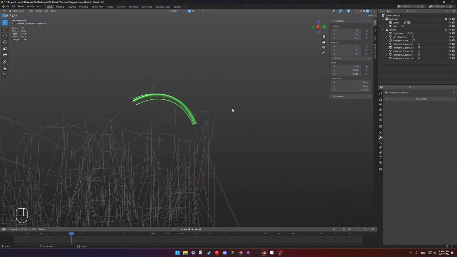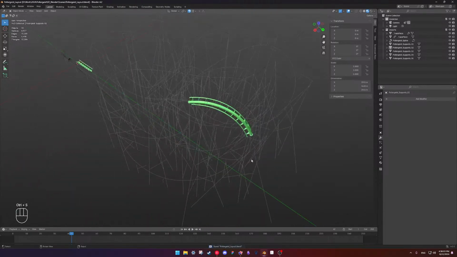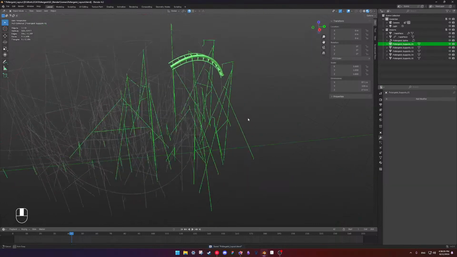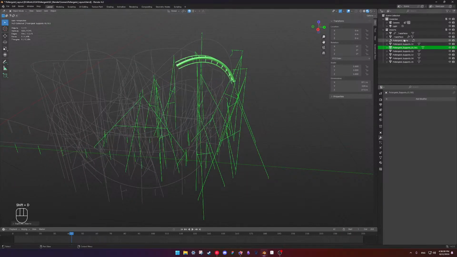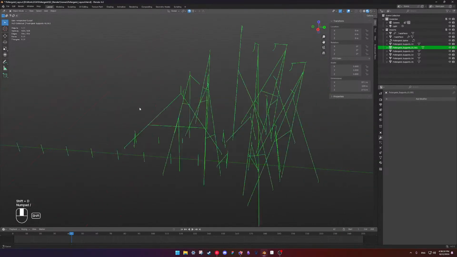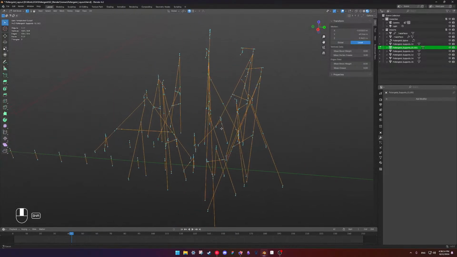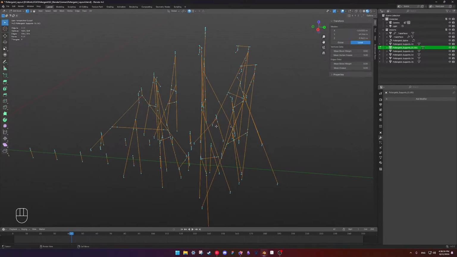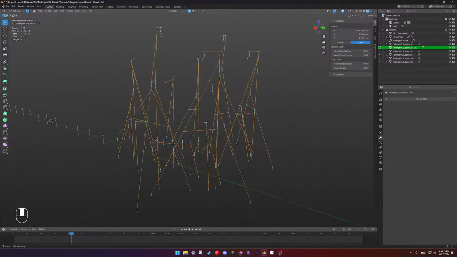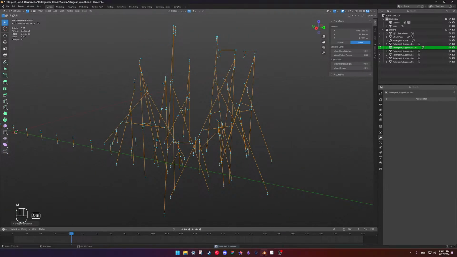Actually, let me work on, while I'm here, we could duplicate. I'm gonna merge all of this by distance.